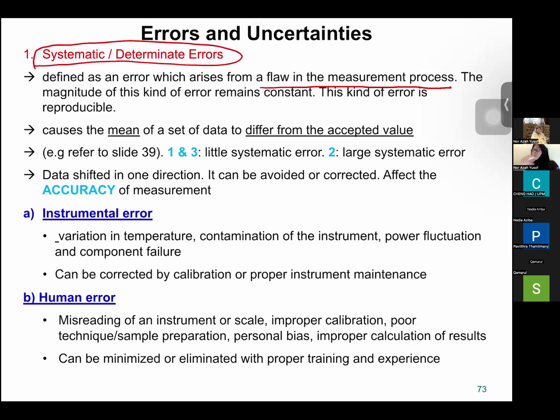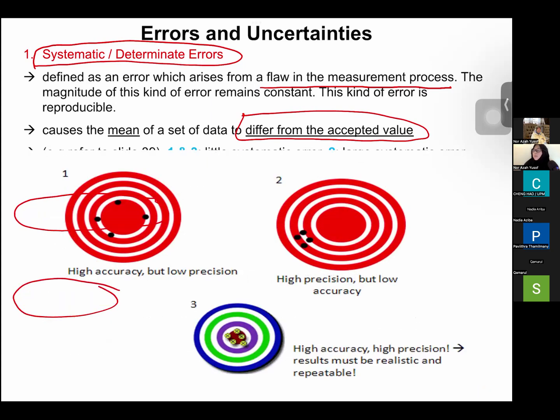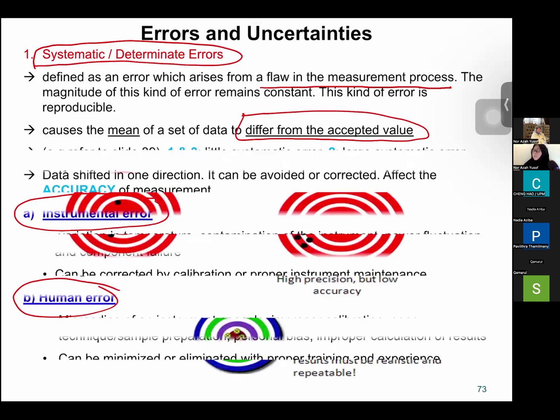It causes the mean of the set of data to differ from the true value. And usually it comes from three sources: instrumental error, human error, and